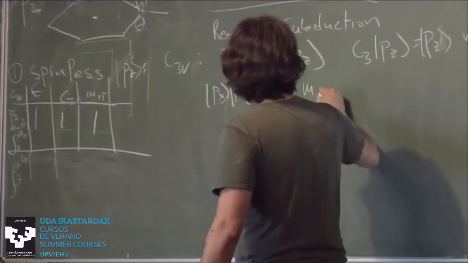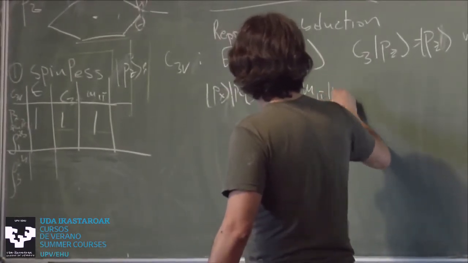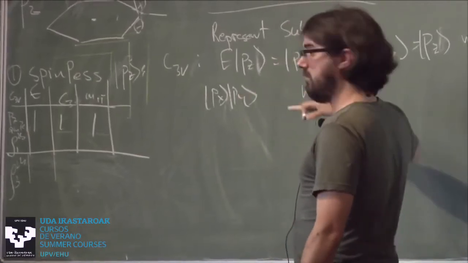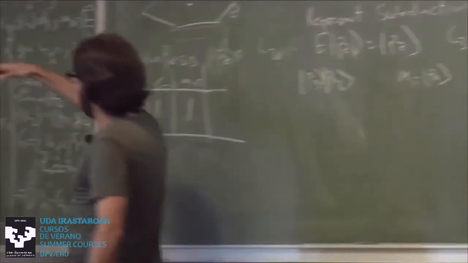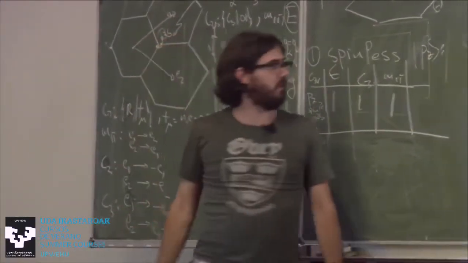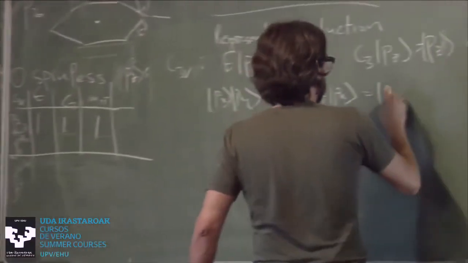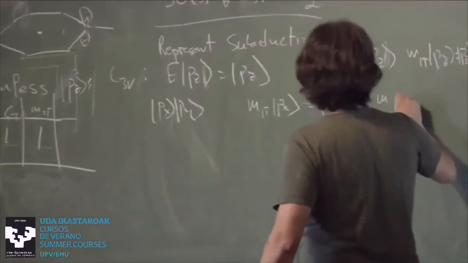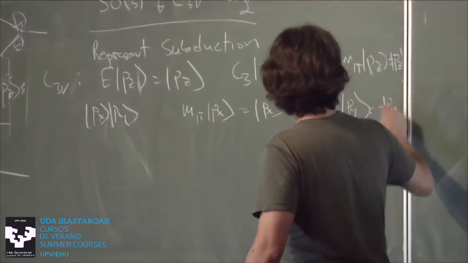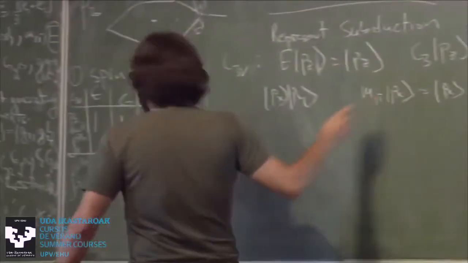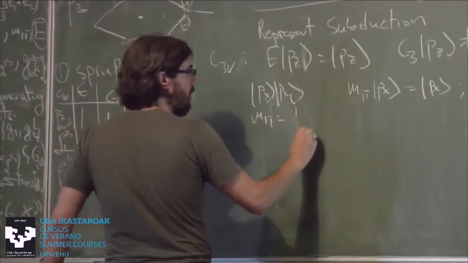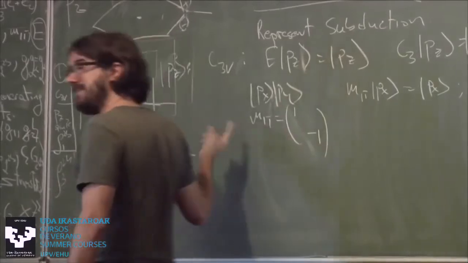Mirror. What does mirror 1 bar do to px? Come on. This mirror. Px is on this axis. What does it do to this guy? Nothing. So this is px. What does mirror 1 bar do to py? Minus Py. So in this basis, mirror 1, 1 bar has the representation 1, minus 1. Now this doesn't mean anything.